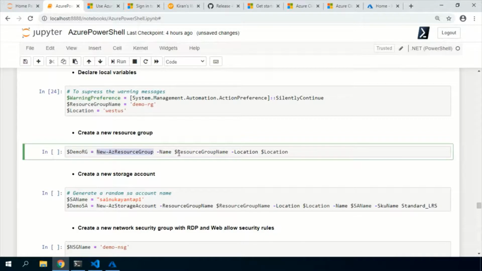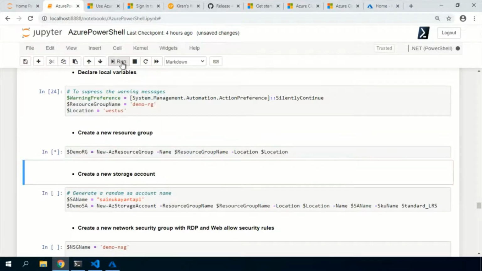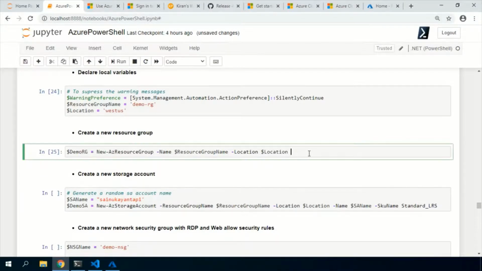New commandlet with the name and the location to create a resource group. And that resource group, whatever I created, I want to store in the demo RG variable for future use. All right, so I'll execute this. Right, it is done. Now my resource group is created.